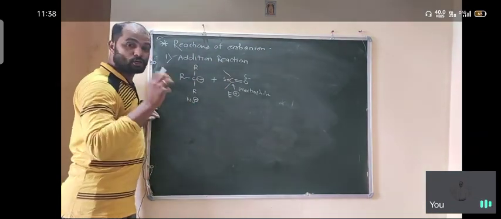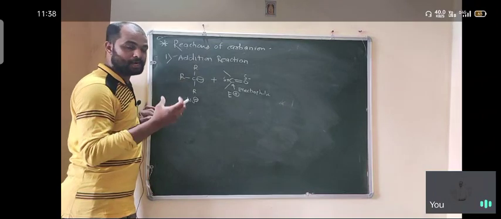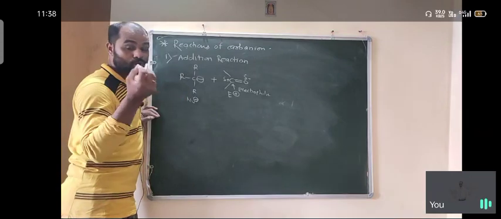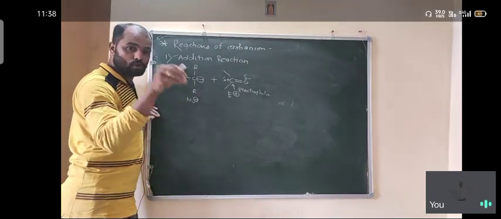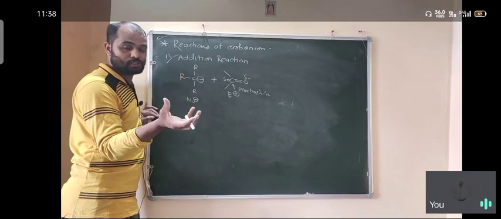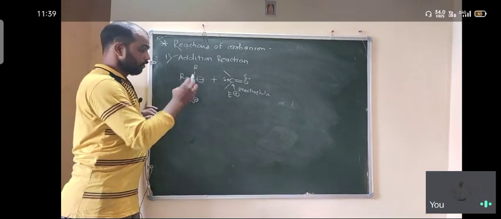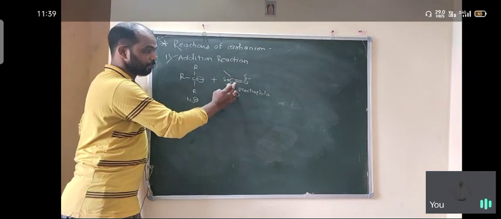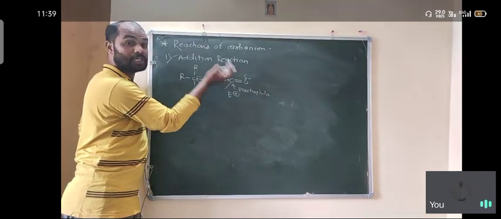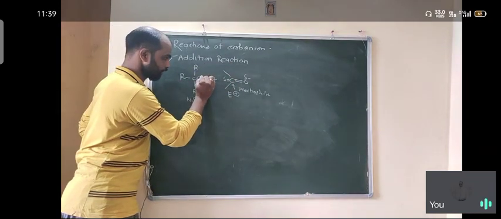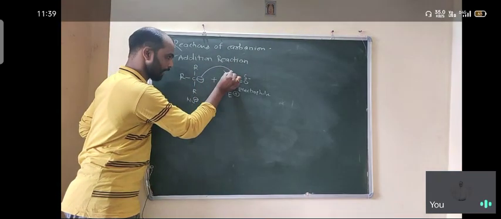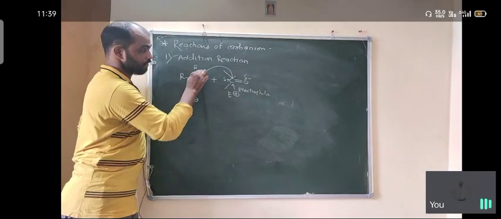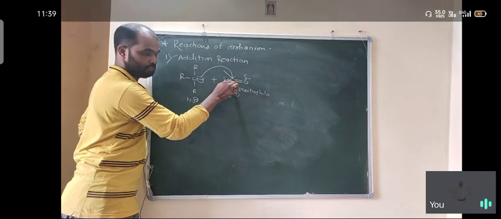What is a nucleophile? Nucleophile means nucleus loving. It is attracted to the nucleus, and you know in a nucleus there are neutrons and protons. Neutron is chargeless, that means only protons are present, so the nucleus is a positive species. So it has a tendency to be attracted to the electron deficient species. That means these negative charge electrons will attack. See, clear the mechanism: this negative charge attacks the deficient species.